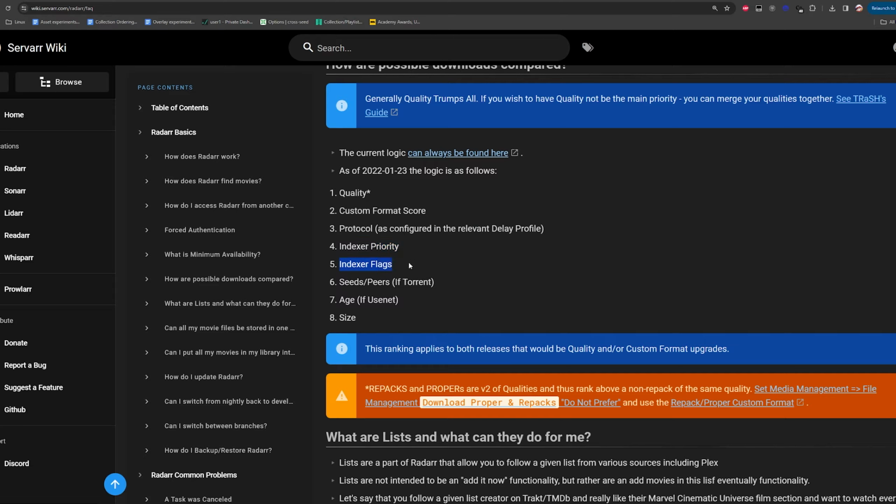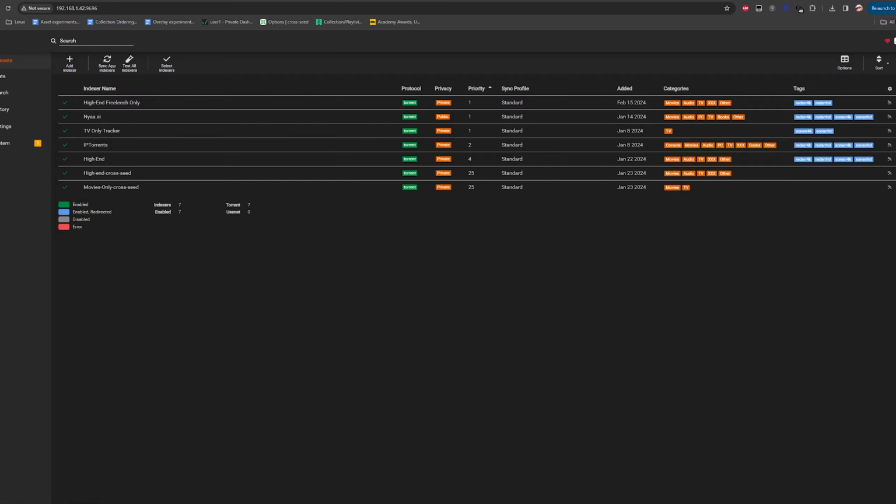Indexer priority, indexer flags. So I obviously rely on quality. Everyone's going to rely on all of these, but the way I have it set, when it gets to indexer priority, I want to manage how it creates a logical workflow. And that's what you want to be thinking when you're setting up your trackers and giving them priorities: what is the logic that I want? Okay. So I'm going to explain the logic that I have, and then you might be able to better create it for yourself.